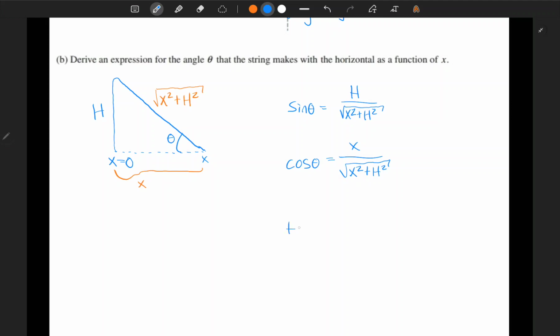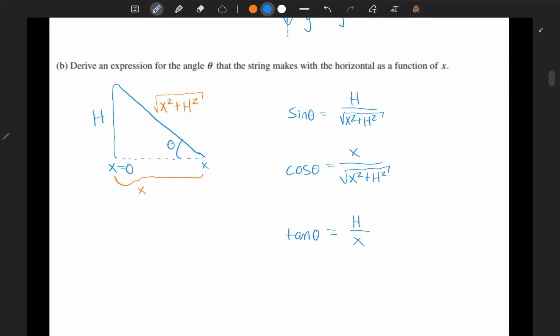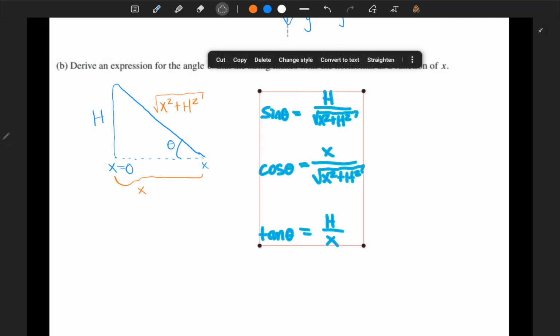Finally, we could use the tangent of theta, and this is equal to the opposite side length, h, divided by the adjacent side length, which is x. For each of these, we use the inverse of the trigonometric functions, so arc sine, arc cosine, and arc tangent, to get theta as a function of x. So, for each of these individually, we find that